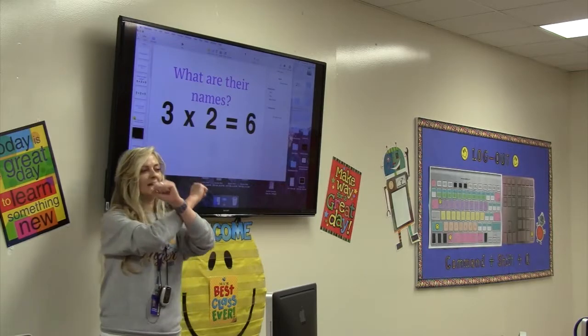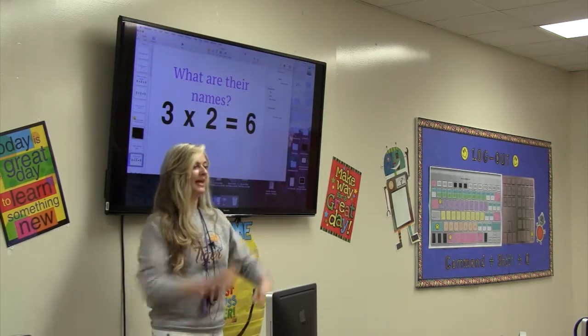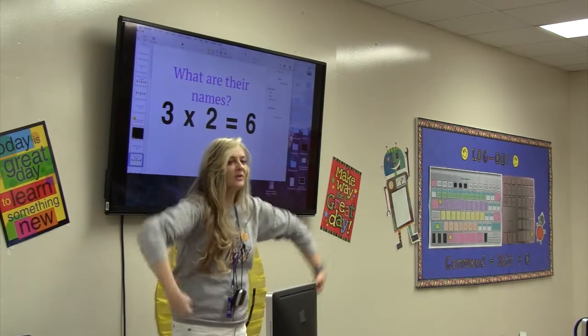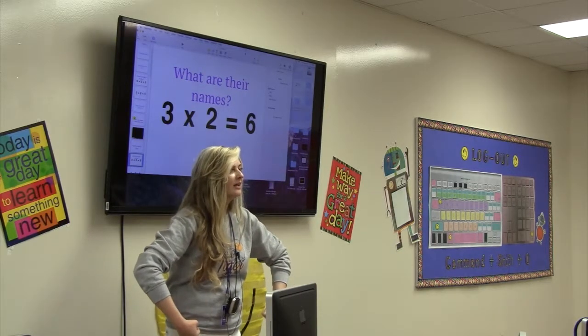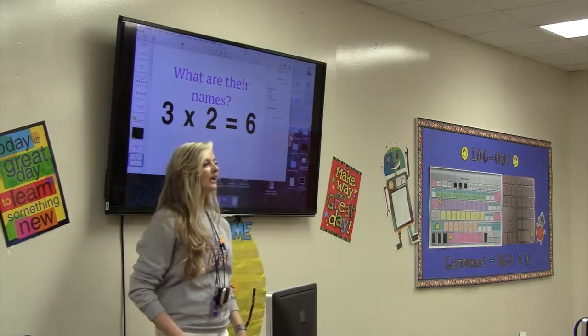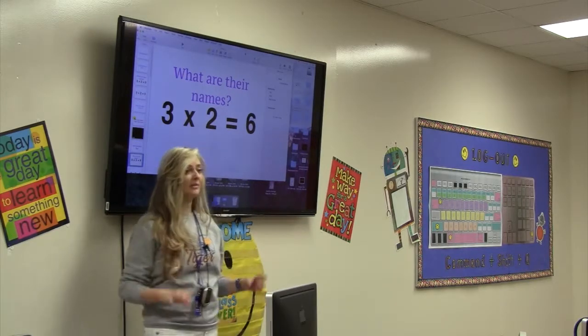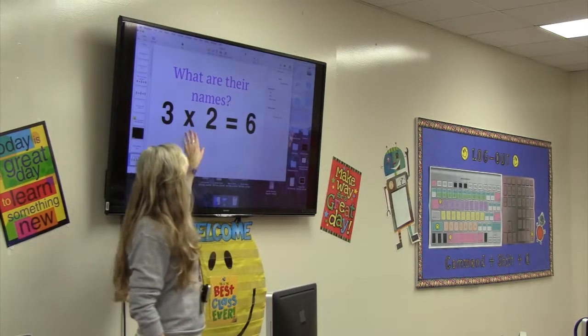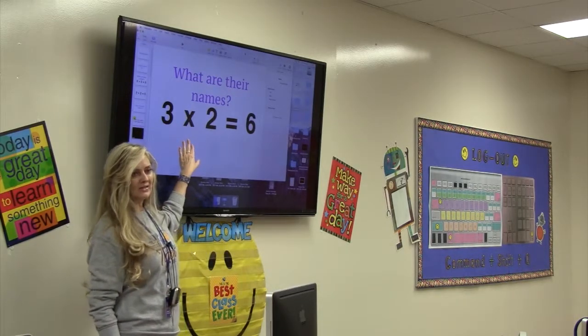Because there's an X in there. Show me the 3 signs to multiply. X, dot or asterisk, right? And what's this called? Parentheses. Very good. If we see any of those signs, what type of math are we doing? Multiplication. Very good. So we're being good math detectives. We're following the signs. We know we're